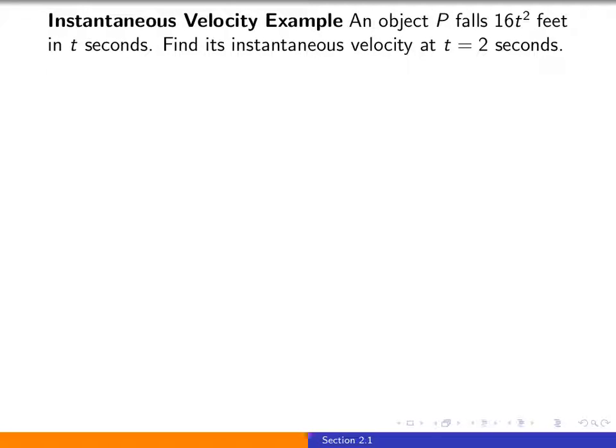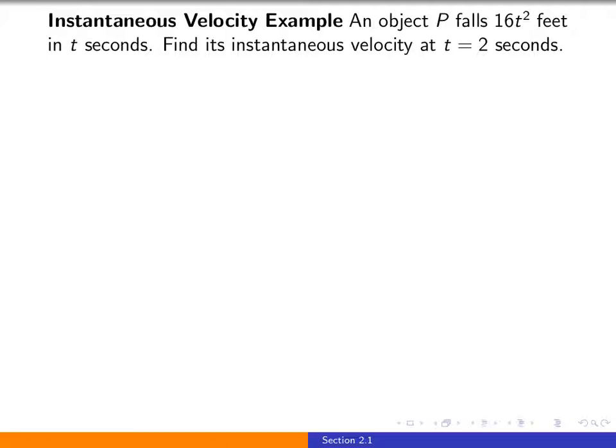In this video, we will introduce the concept of instantaneous velocity. To do so, we will start by looking at a motivating example. An object P falls 16 t squared feet in t seconds. What we would like to do is find its instantaneous velocity at t equals 2 seconds. That is to say, at the exact instant when t equals 2, what is the velocity of that